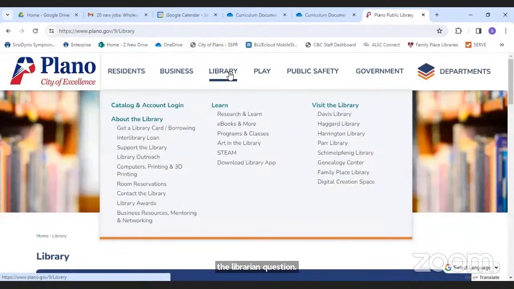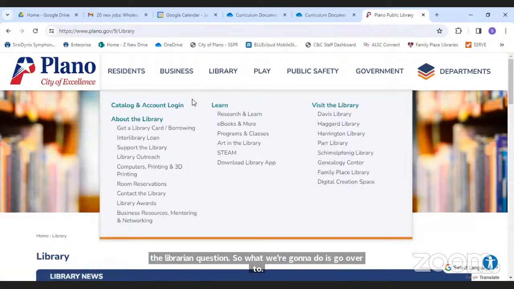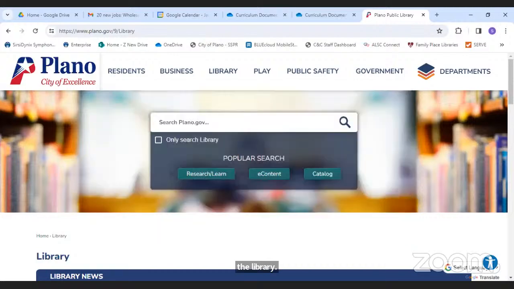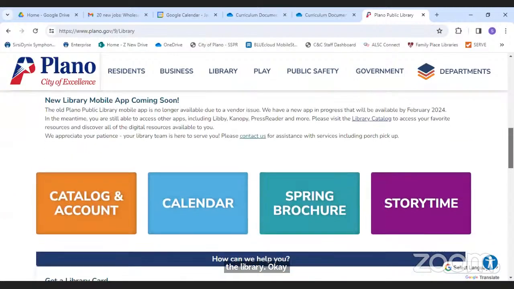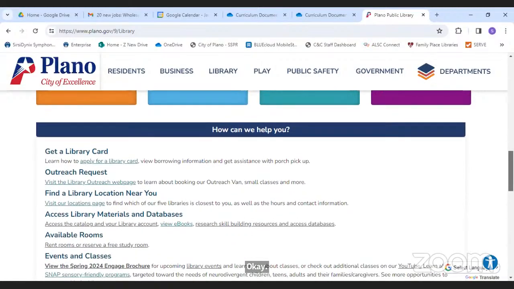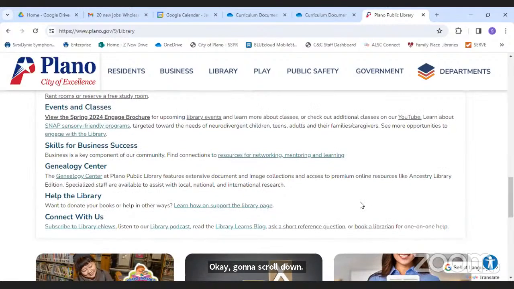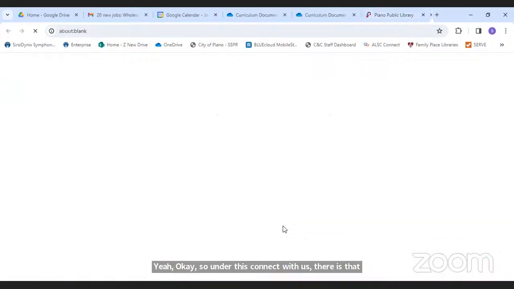So what we're going to do is go over to the library website, and we are going to determine where we moved. We moved some things around on the library website. Okay. We're going to scroll down. Okay, so under this Connect with Us, there is that link to ask a short reference question, which is the